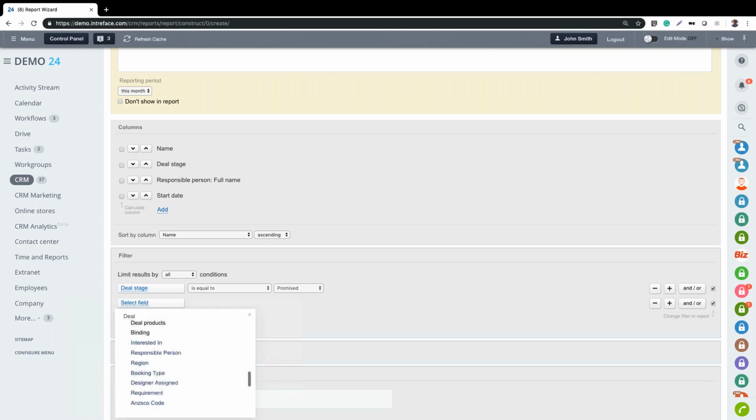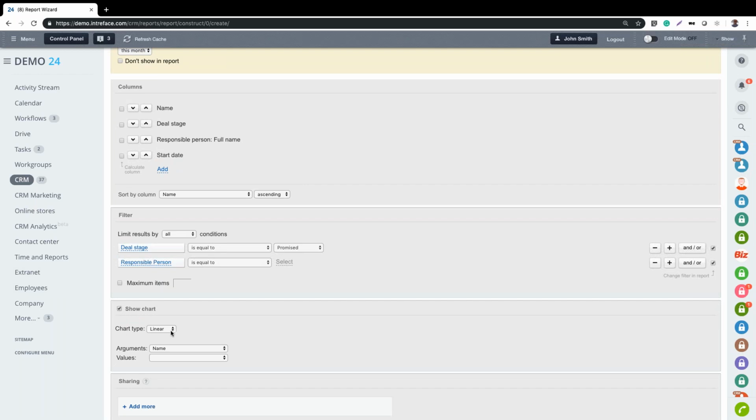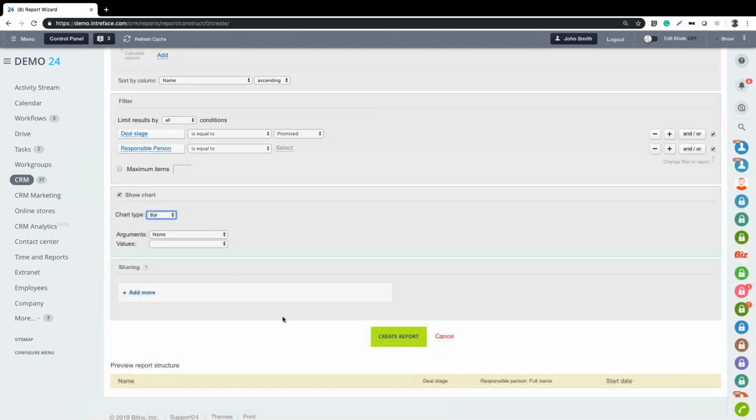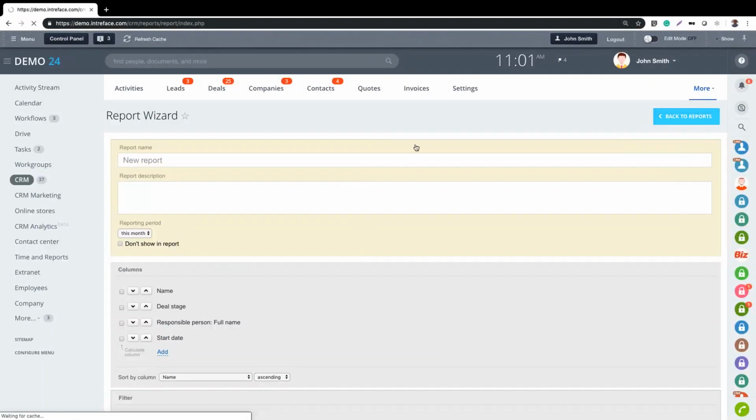So you might want to look at other fields like maybe a responsible person, but you can choose any of the fields that exist within the deal to do the filter. So I've got my columns that I display, how I want to filter the data. I can choose then a type of chart. I can share that report with people, and we can create that. I'll not create that. I'm not sure there's going to be any data in there, but it's very easy to